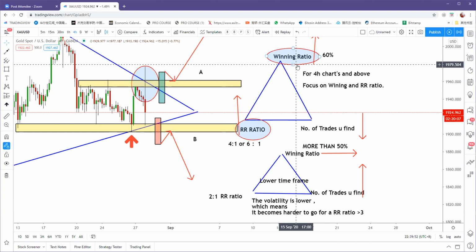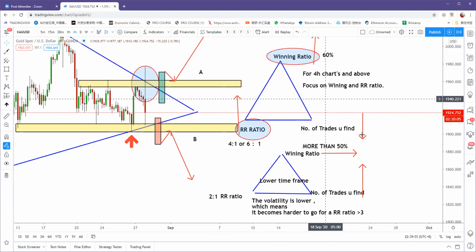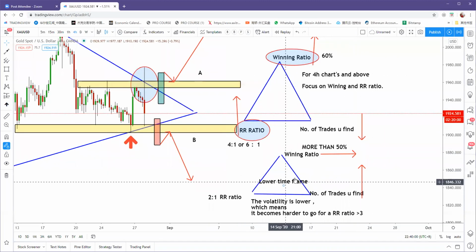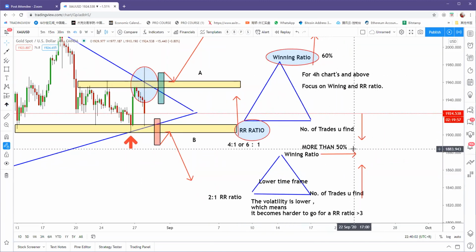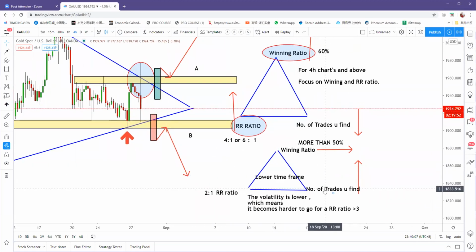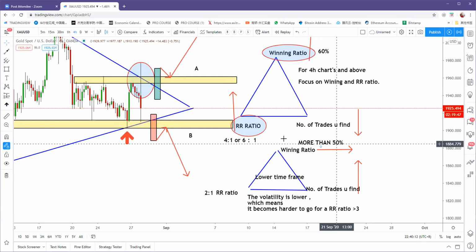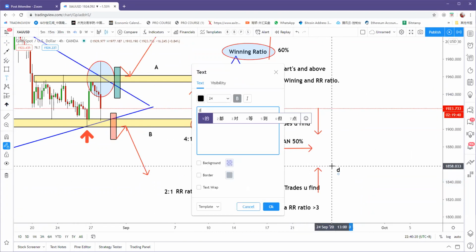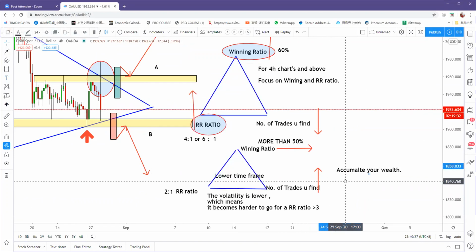Understand, Rafael? Okay, so I think other students can apply my settings into this, because in a lower time frame, if my winning ratio is stable and I have a greater than 2 to 1, I'm still winning money in a very consistent way, and I will be fine. I will use the money that I made in a lower time frame to accumulate your account, accumulate your wealth from